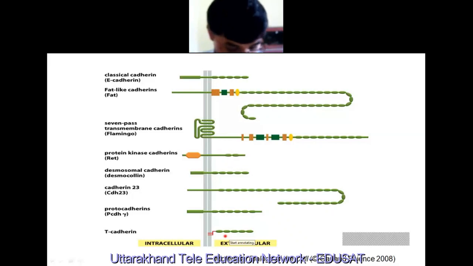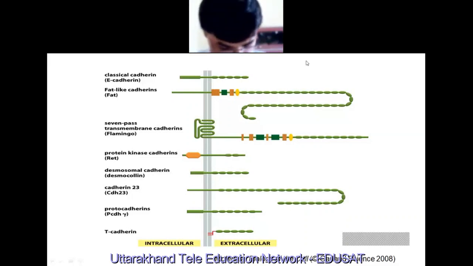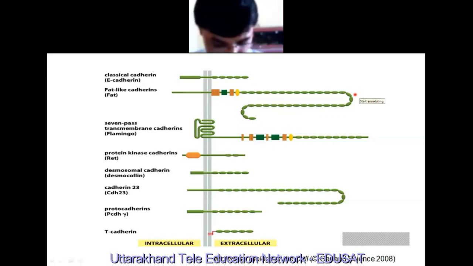Now, note down that in our brain, more than 50 non-classical cadherins are expressed, such as the protocadherins and desmogleins, which are from the desmosome junctions, as well as